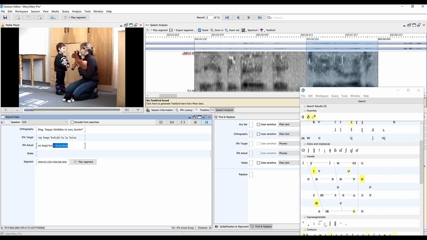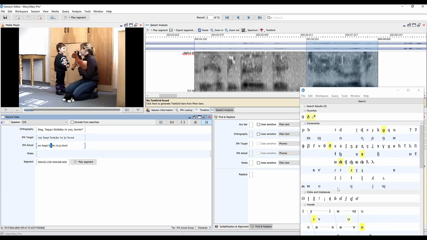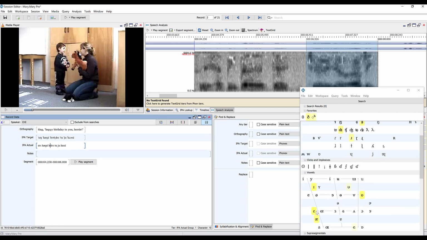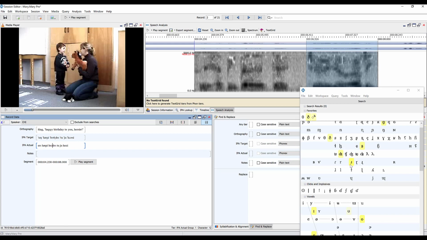Now, if this is how I want to make my transcription, generally you want the IPA target to match the same conventions you're using. So if I'm not going to use ligatures, then I'm going to actually delete those. And other things that might matter, for example, if you are choosing to use the rhotic vowels to represent this vowel R situation, or in other cases, maybe you choose to represent it as a vowel and a separate consonant. All of those are fine, but you're going to want to just make sure that you do the same thing in the IPA target as the IPA actual, the same convention, so that it's accurately reflecting the